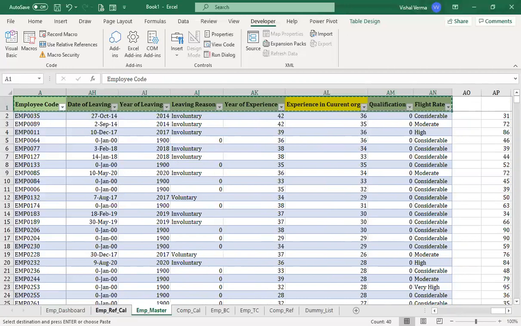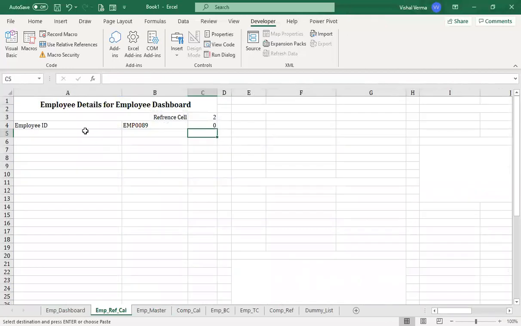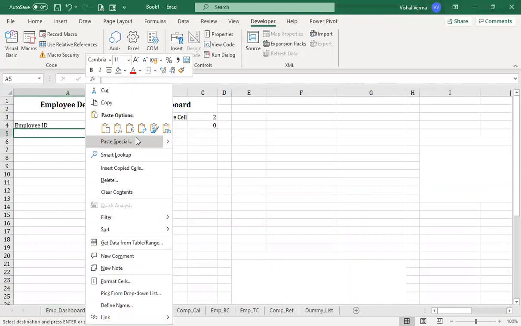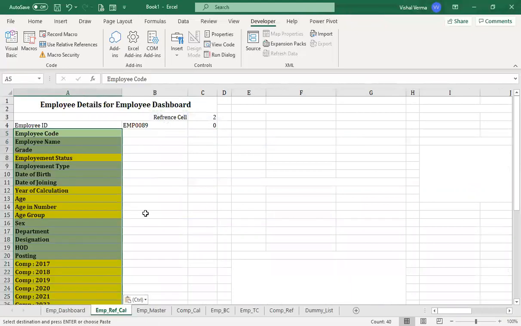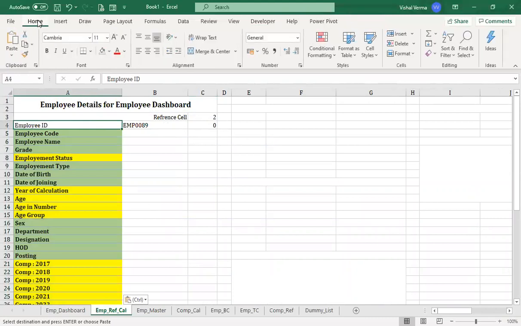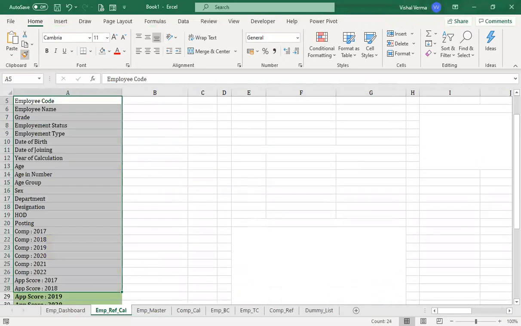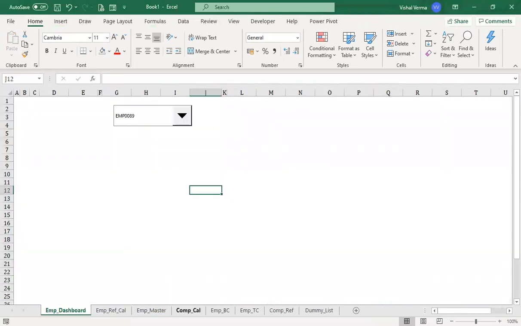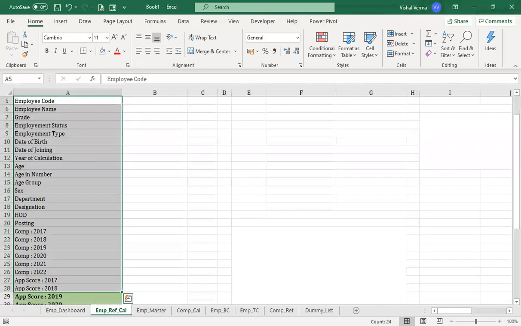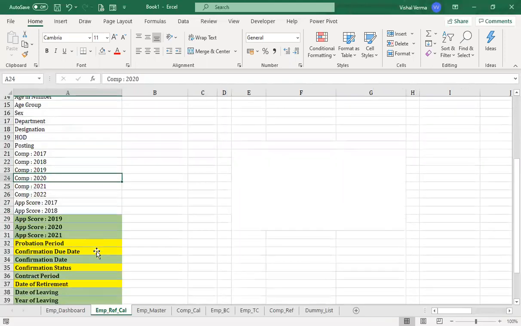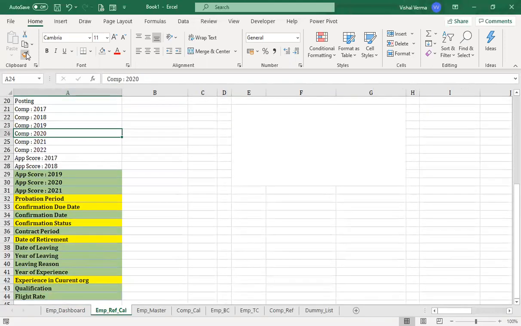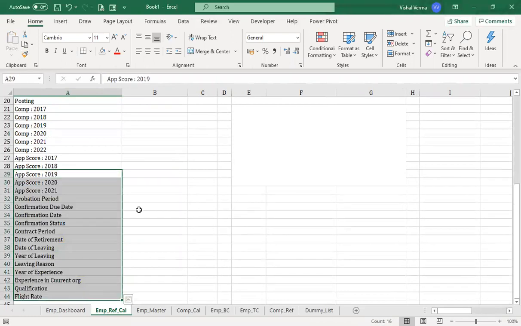Then go into the reference cell and transpose the data, and then do a little bit of formatting.